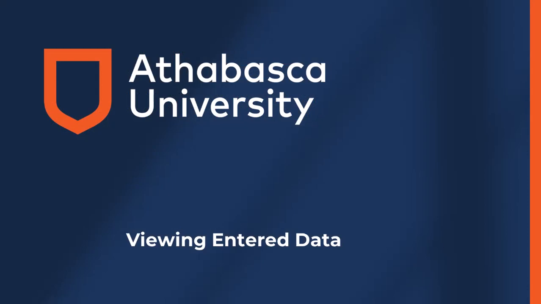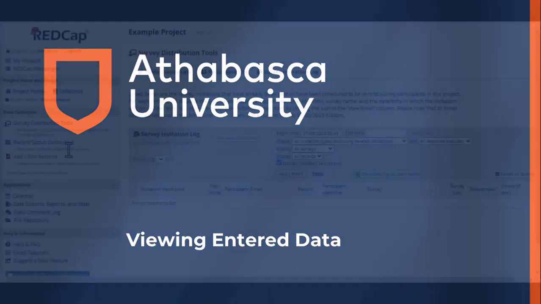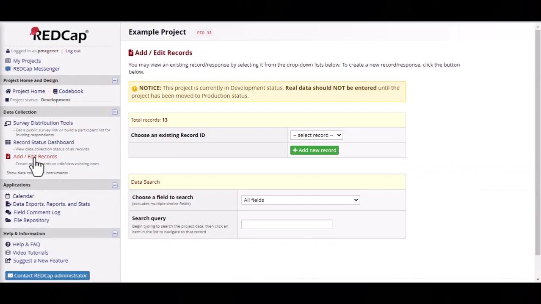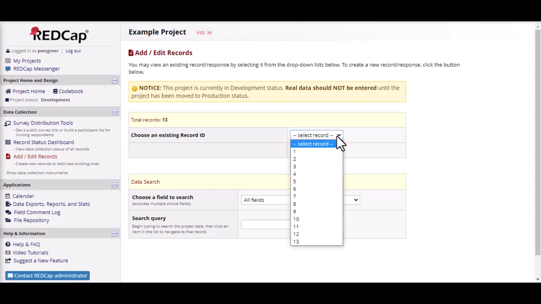Finally, once your data is entered into REDCap, there are several ways that you can access specific participant files to review or edit the responses. First, you can access entered data by clicking on the Add Edit Records on the left navigation pane. To access a particular participant's responses, click the drop-down menu next to Choose an Existing Record ID. All the record IDs will be shown. All you have to do is click on the one you want, and you'll be redirected to that specific record